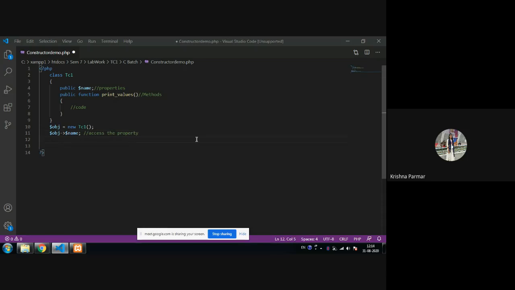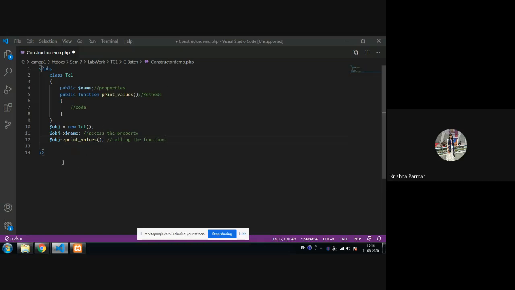Okay, now how can you call the function? Because you are outside, you have to call the functions using the object. So same as before: obj, the object name, then arrow, and at last your function name. If you are providing arguments, you just pass them here. Otherwise, it is fine. This is called calling the function. This is how the entire basic structure of your class, properties, methods, and object creation looks.